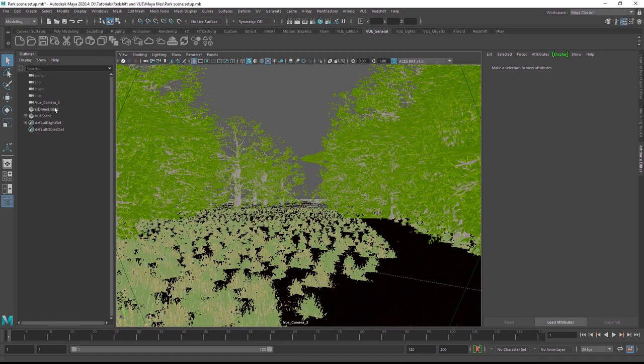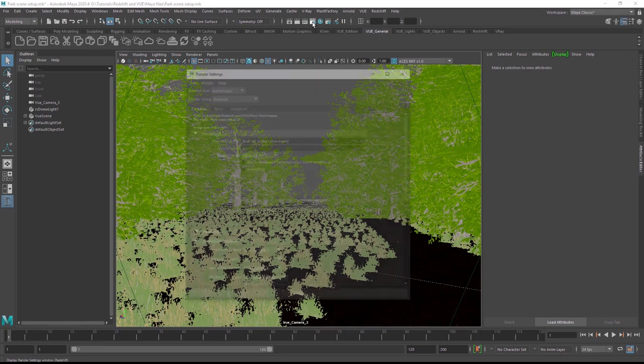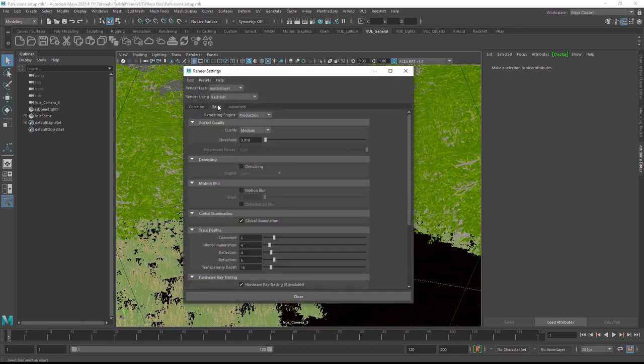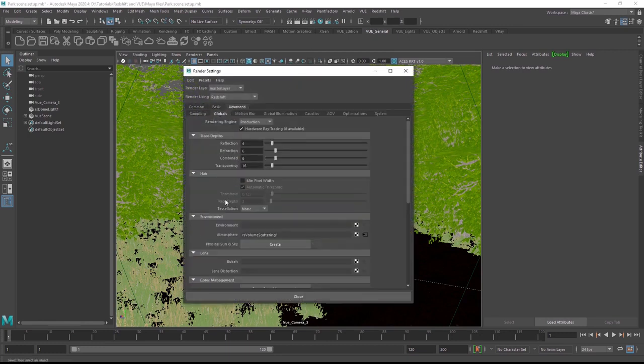I've opened the VUE scene in Maya with the integration plugin, and I've created a camera and a dome light with a VUE HDRI that I exported from VUE standalone. I've also added an environment fog and scattering shader in the Redshift render settings for a bit of atmospheric depth, but of course all of this is purely optional. Speaking of render settings, we must ensure that Redshift is the currently selected render engine before we convert any object. This is required so that the VUE plugin knows for which render engine it should create materials during the conversion